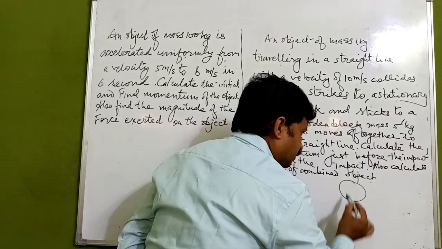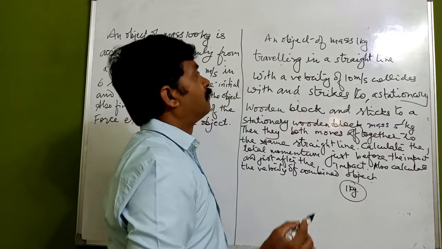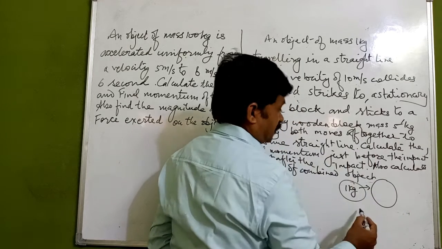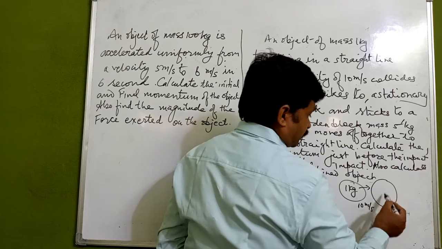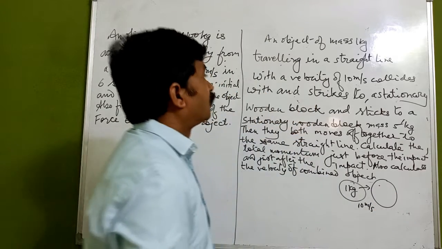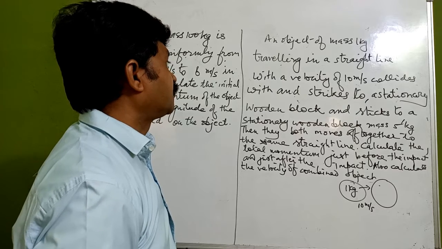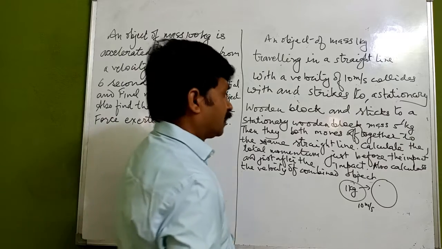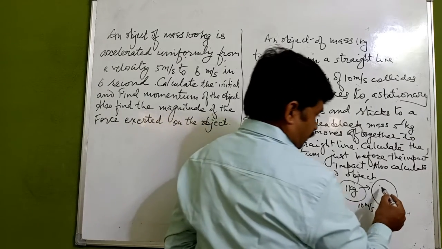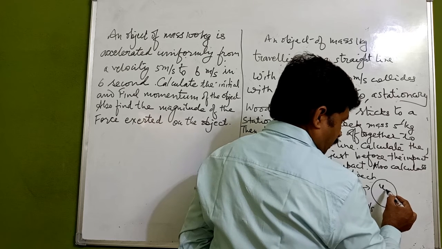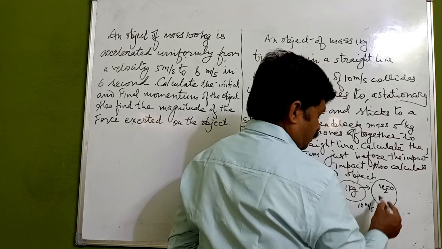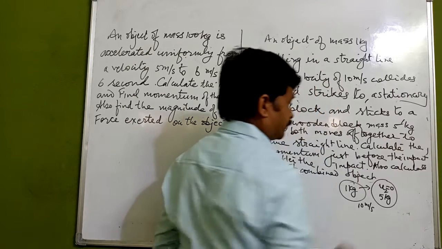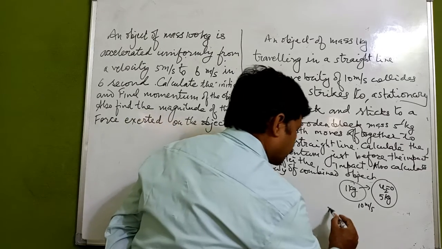Suppose we have this object which has a mass of 1 kg, moving in this direction with a velocity of 10 meter per second, and it collides with this object, strikes a stationary wooden block and sticks. So here we have this object with initial velocity 0. I can call it u2 equals 0, and its mass is 5 kg, which is given to us here. So momentum before collision,